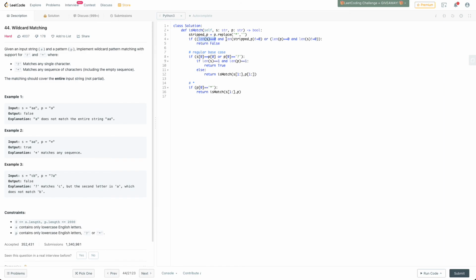If S is an empty string, I'm allowed to have some stars, but then the stripped stars would be length 0, so this would evaluate to false. And the other case is if P is 0, there's nothing to match, but S is too long. That's also return false. If the length of S is 0 though,